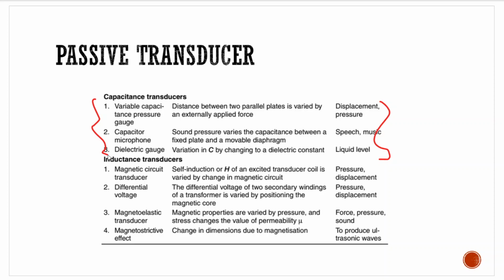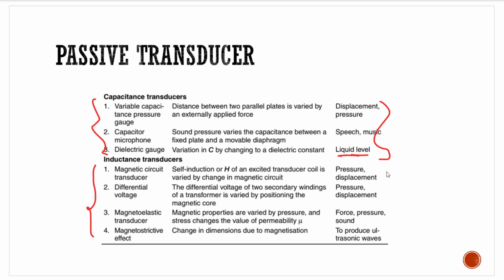जो दूसरा type of microphone होता है that is actually the dynamic microphone. Dynamic microphone में electromagnetic principle use होता है for translation of sound waves into electrical signals. So that has nothing to do with capacitor transducers. There is a different effect used in those types of microphones. You have a dielectric gauge. You can vary capacitance by changing the dielectric constant of a medium. So accordingly, using this, you can measure the level of liquid in any tank. Fine.